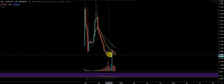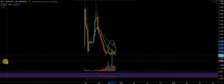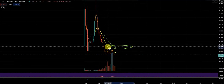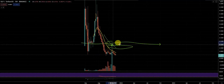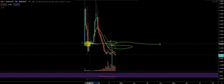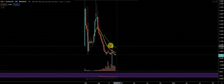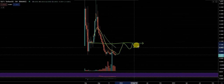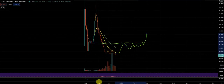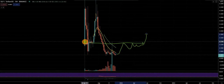You can see obviously the move here was huge, and there's a lot of liquidity up in here that price is going to want to come back up here. Price already retested this resistance point. The more times that this is tested, the greater chance it will break, or at least forming some sort of a